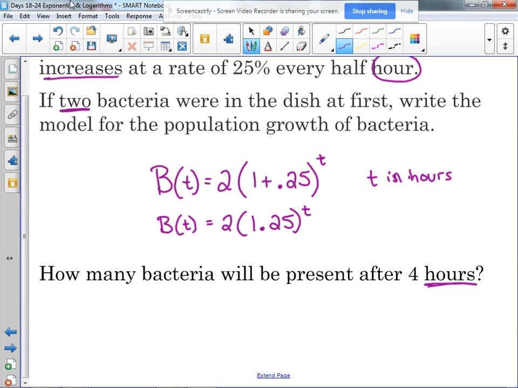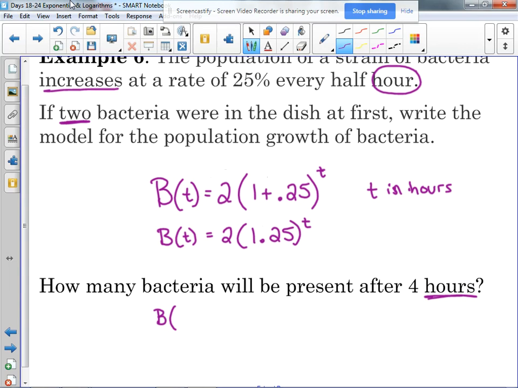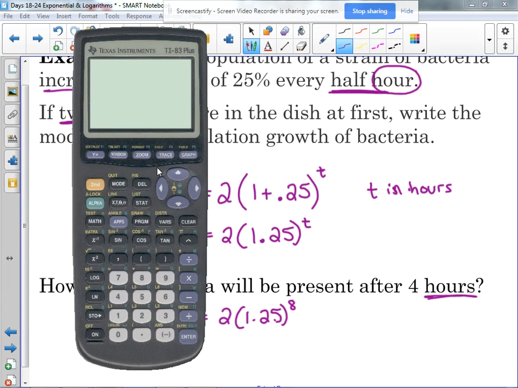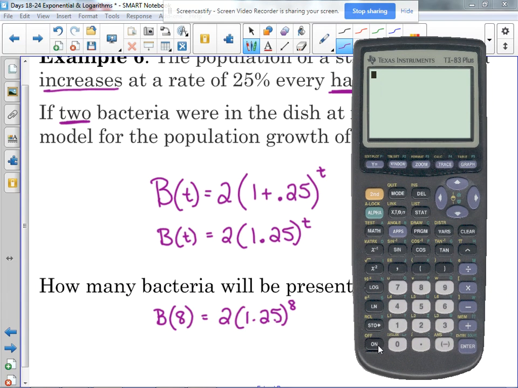Do we plug 4 into the equation? Somebody said no. Why not? Because it says every half hour. Our rate is every half hour. So after 4 hours, how many half hours have we had? 8. We're actually going to plug 8 into our equation here to evaluate. So nothing in terms of actually solving an exponential here. This is just simply